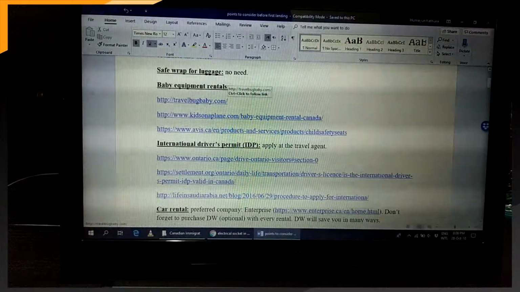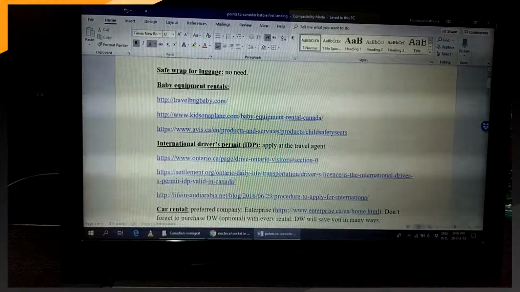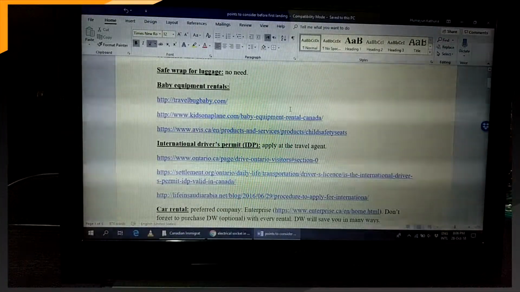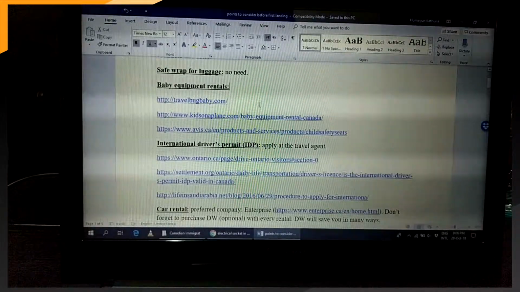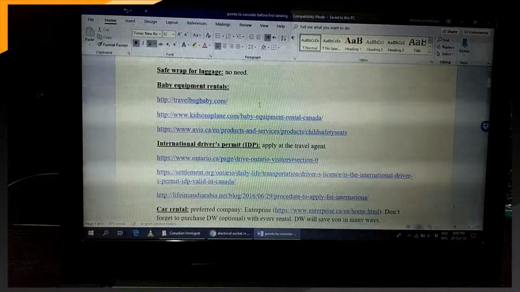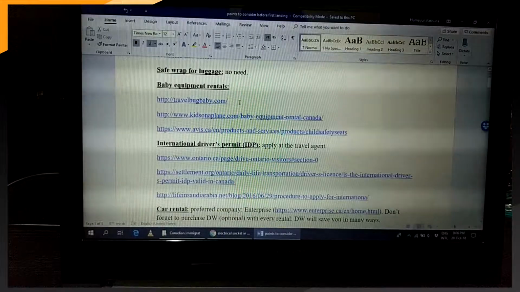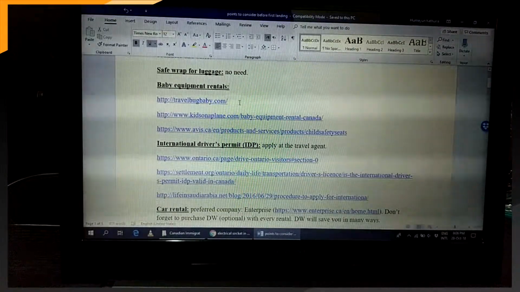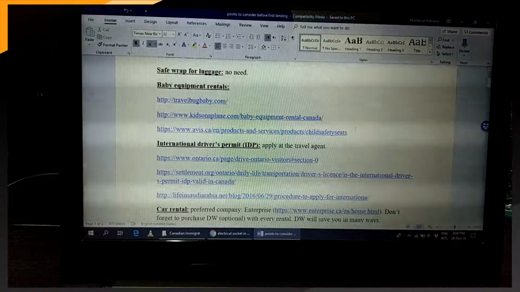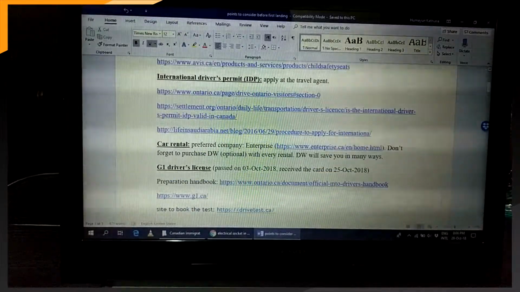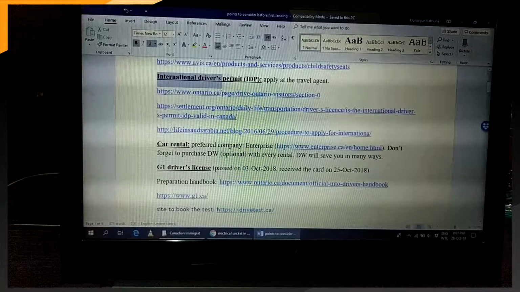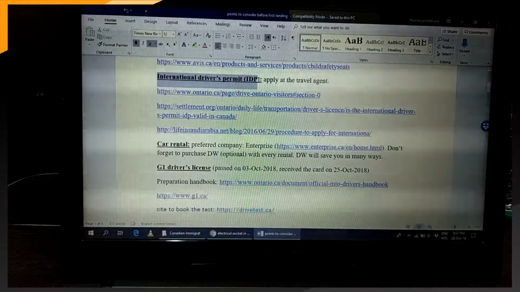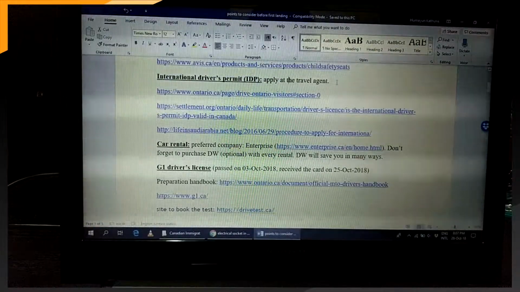So there are a few companies that actually do business in this regard, and they provide you child equipment for the car. And even if you would like, they can deliver those items to you right at the airport. So here are 3 links for that. Also, if you intend to drive a vehicle over there right after a few days of your landing, maybe